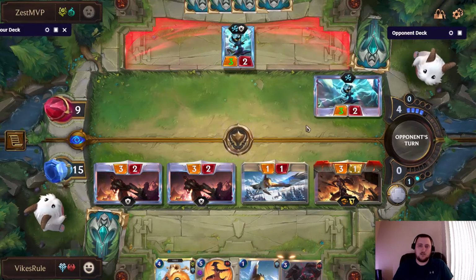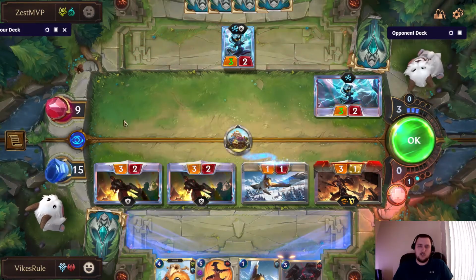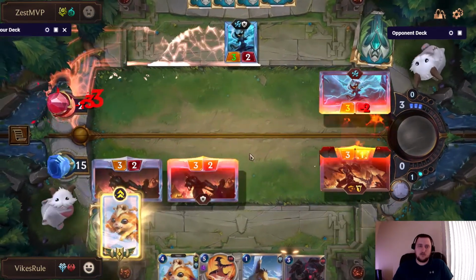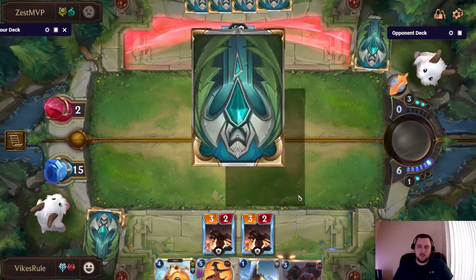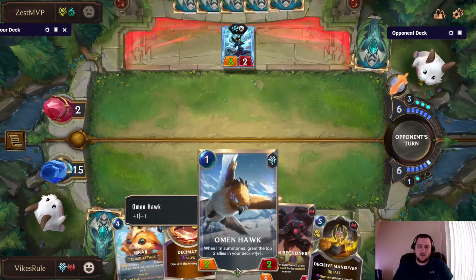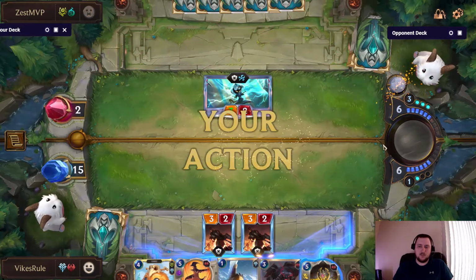Okay, let's see what else he's got here. Grenade Shot, okay, sure. So he's going down to 2. So he could have gone down to 3, he blocked one of these, but I guess he doesn't want to do that. Interesting. Alright, so we definitely can still get the win here. Okay, that's pretty good too. We'll start with Omen Hawk. See if we can get him to use up some of his